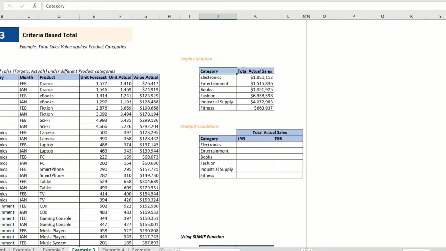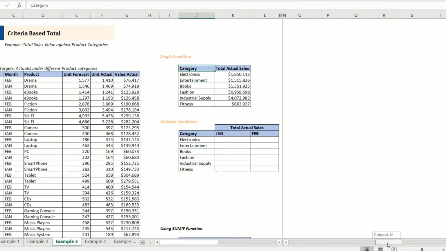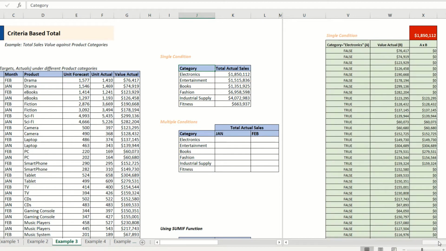And let me also give you a quick view of how the computations are happening here. So the first array returns a true and false flag, and the second array is the selected array, the array of the values, and we are computing a product of these two arrays, which gives us a 0 value wherever we have the false flag in this first column. And wherever we have the true flag, it returns the value itself. And towards the end, we can compute a total of all these values for which there is a corresponding true flag.